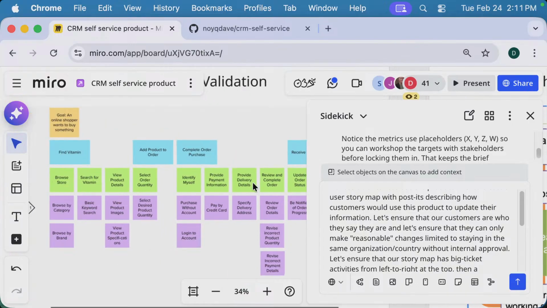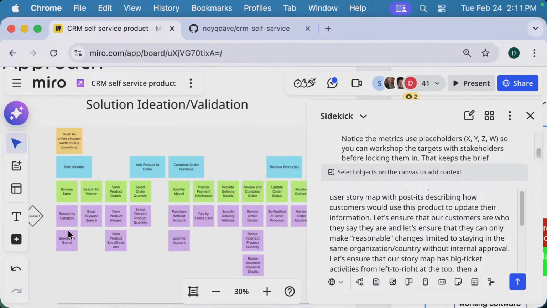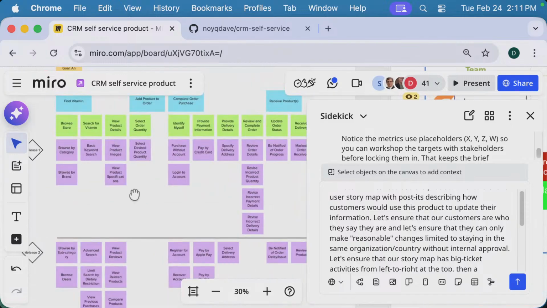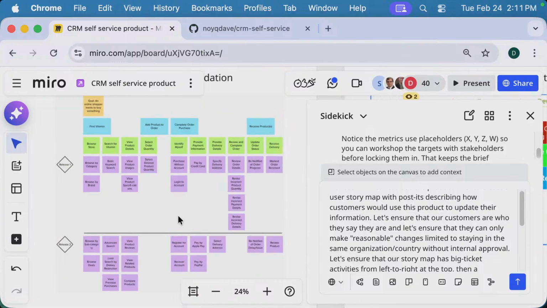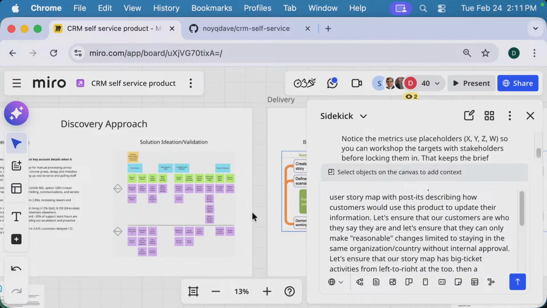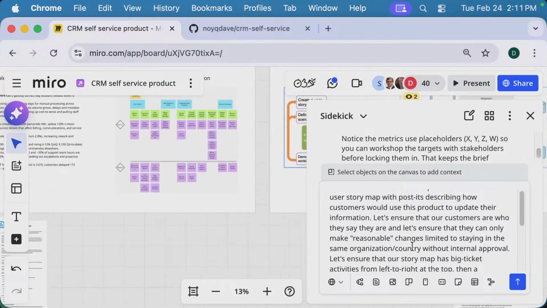And in green these are the steps. This is also called the backbone. The blue and the green are read left to right. And then the purple, which end up being sort of detailed tasks, are read vertically. These purple tasks become our user stories. And then there's a way to split things into releases, but that's not so important right now. So what I'm doing is asking Miro to generate a user story map that might